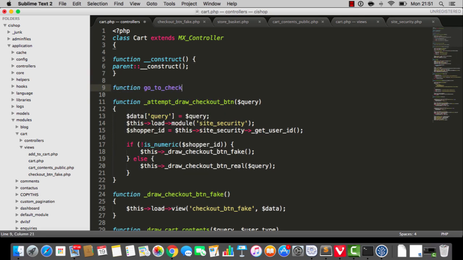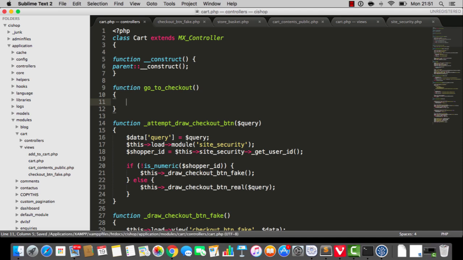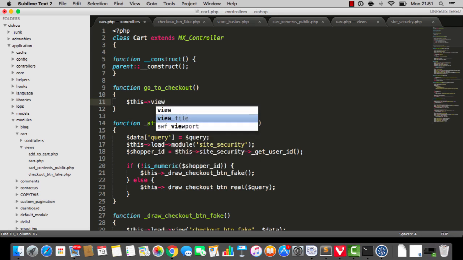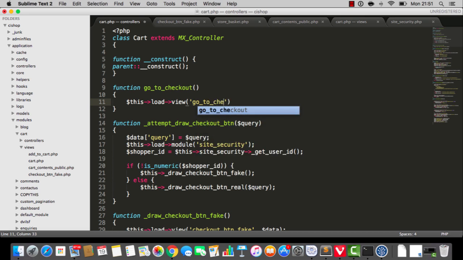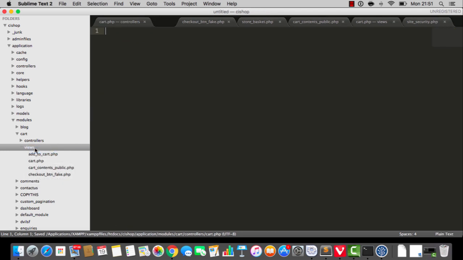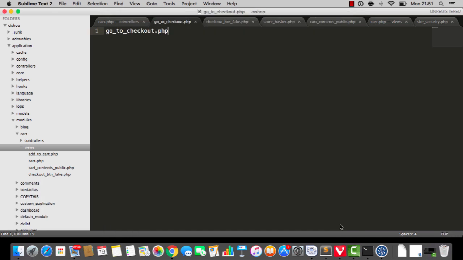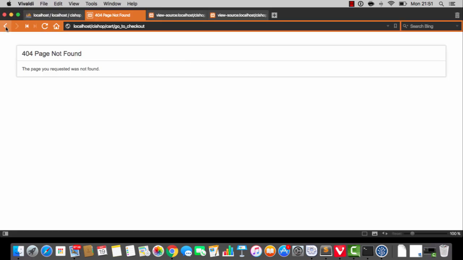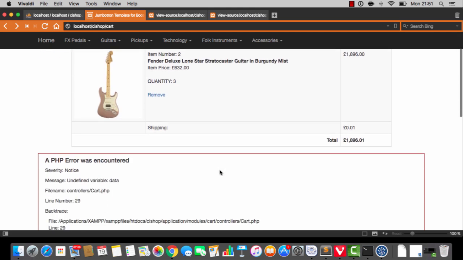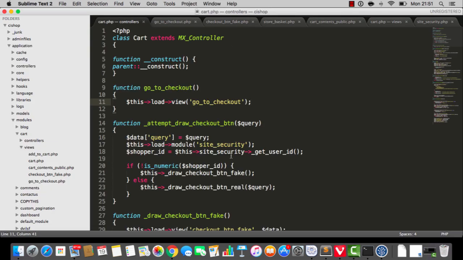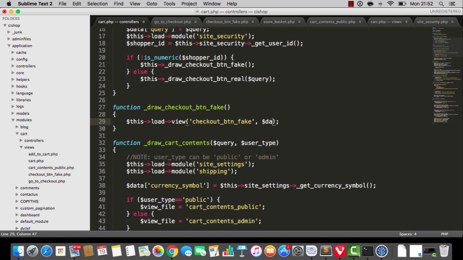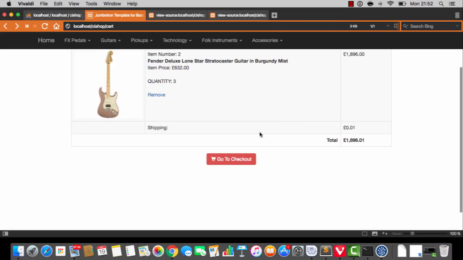Function go to checkout. So, here's the vibe. I'm going to do a view file. This load view, and it's going to be called go to checkout. And everybody is wondering what on earth is going on. Just hang tough, it'll all make sense. Okay? Because when they click, oh gee, we knew that would happen, right? Checkout button fake, we do not have data, there we go. Okay, so when they click